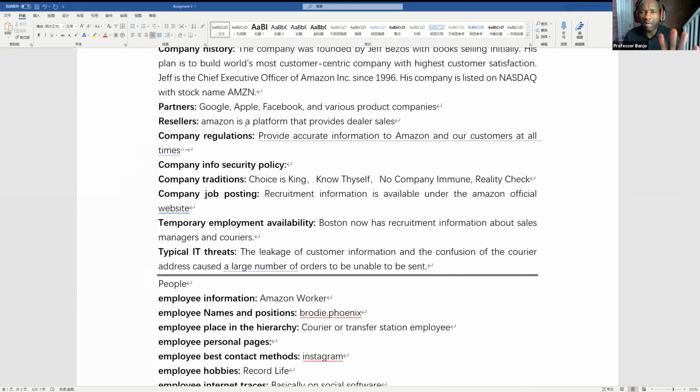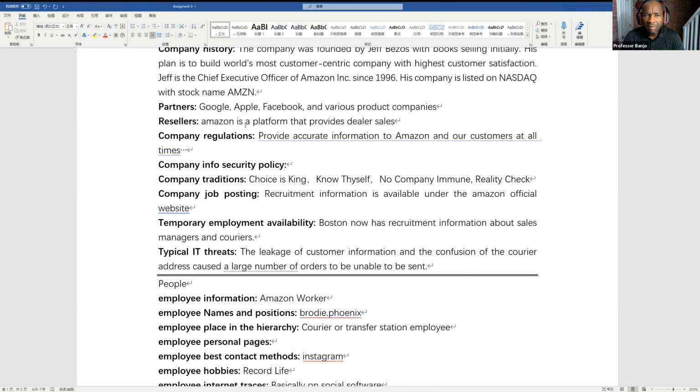Wait, stop. You said you made contact with customer service? No, I imagine I trying to connect them, because my email also has all the problems I reported, but I find it didn't. Stop. You emailed customer service to ask them about this stuff? No. I mean, I tried to find the Amazon workers' names and emails because I wanted to send a phishing email, but I can't find the name.